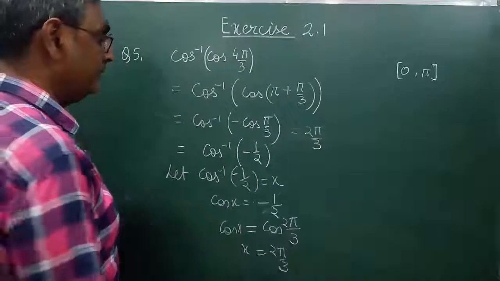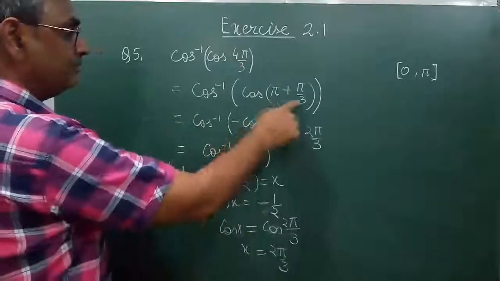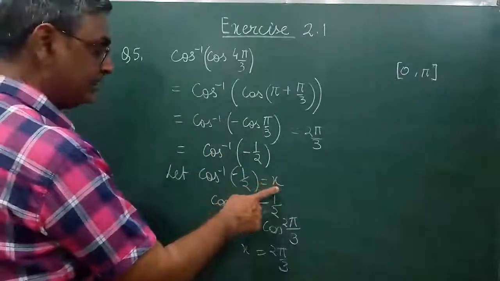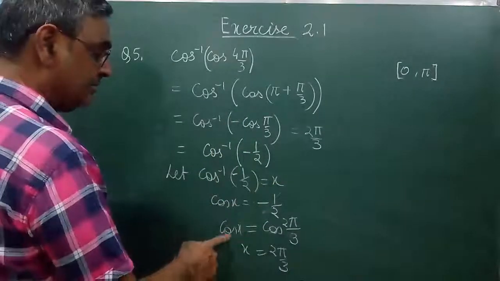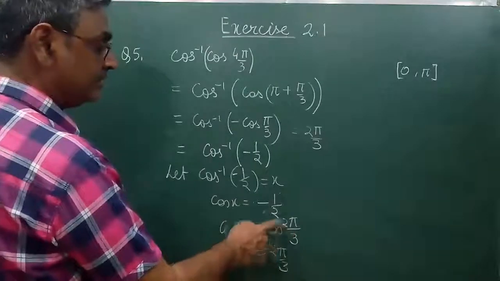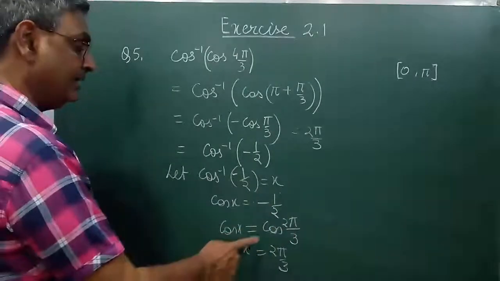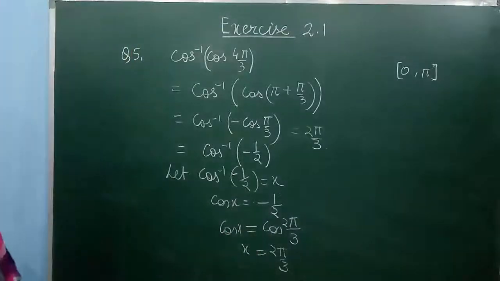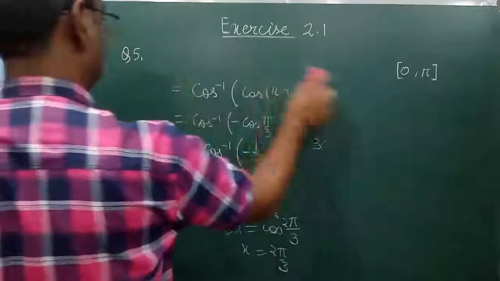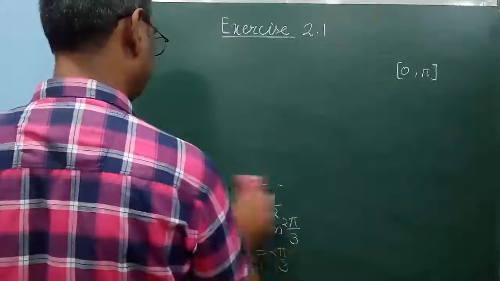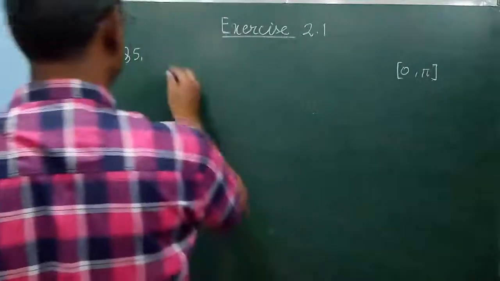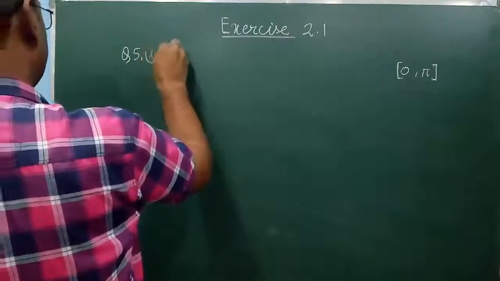So here we have to firstly convert it in this form, put the value here, and after putting the value take it equal to x, cos x equal to minus half, cos x equal to cos 2 pi by 3 because this is in the second quadrant. Then we can equate the two and get the answer. Now the third part also we can do. What is there in the third part?